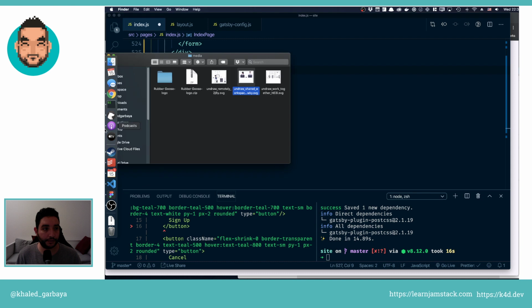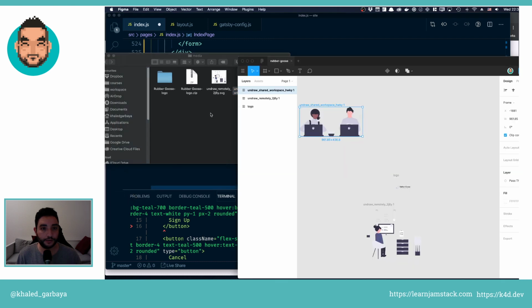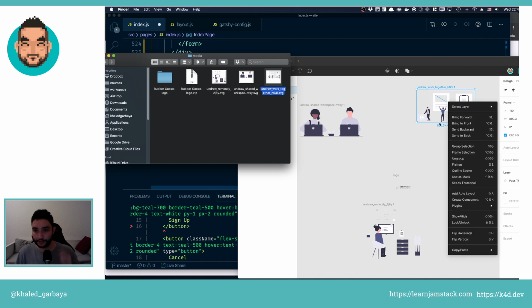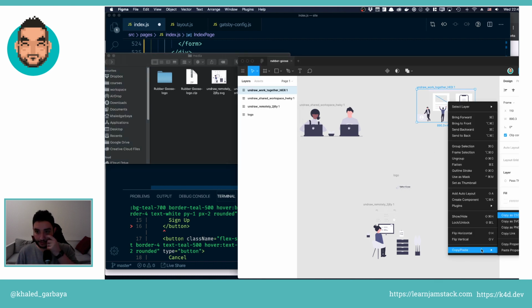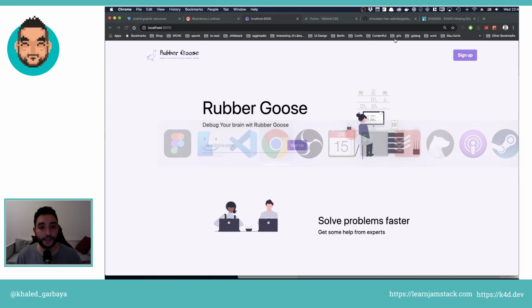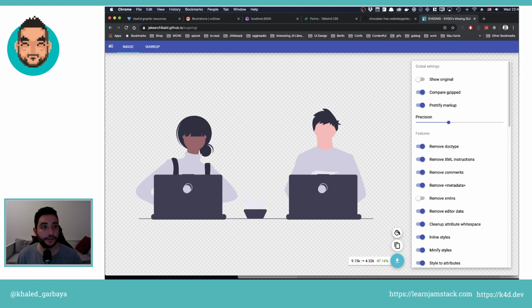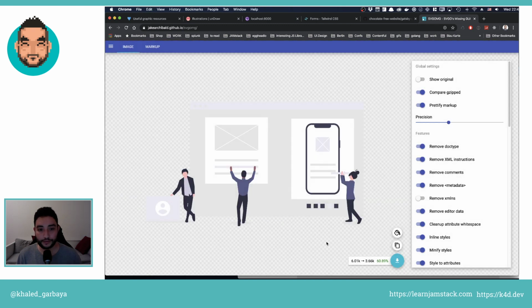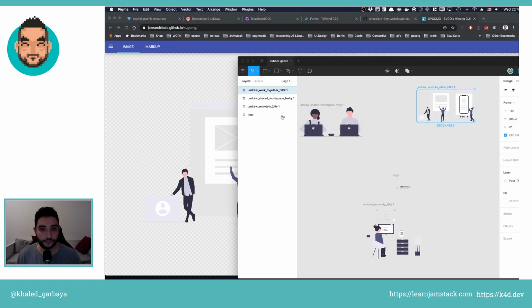So again, and then Figma, and then copy, paste, copy as an SVG. Go to the browser, do the markup. This might be, do we